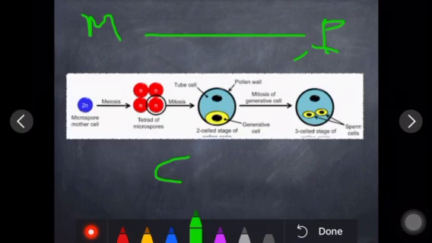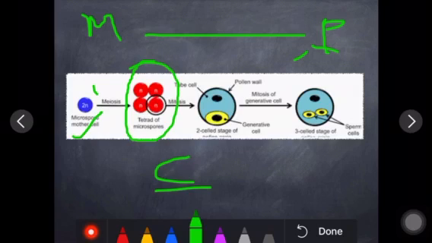Here is a conclusion. This is the conclusion of all that we have done. So this is the microspore mother cell, as I have already explained, that is haploid or diploid in nature. Here you can see I have mentioned that it is diploid in nature. It proceeds with meiosis, meiosis first and meiosis second, as we have done in the previous slide. So how many microspores will get formed? Of course 4. Out of 4, 1 will be functional.